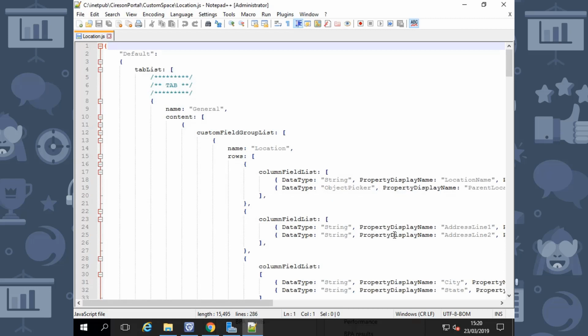Now, this is what a form template looks like in JSON format. You can see here we've got a tab list. These are each of the tabs that we see in the actual portal. The first one here, of course, being general. We then group these fields together under a title like location. We then group the fields together per row. So in this particular row, we've got the location name